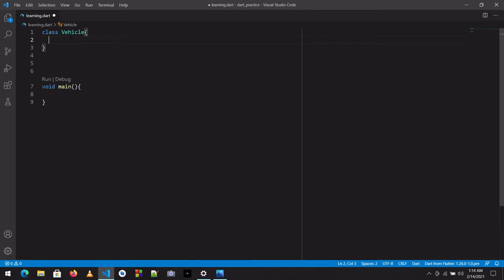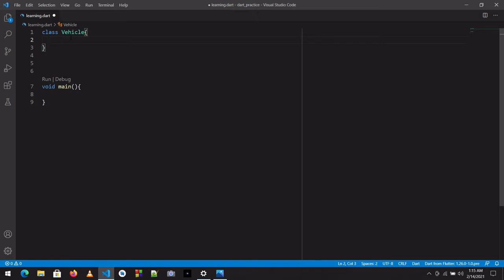And there are some functions, such as a vehicle runs. A car, for example, runs, an aeroplane flies and a boat swims. So different vehicles have different functions, right? All of these attributes and functions will be wrapped into this class.